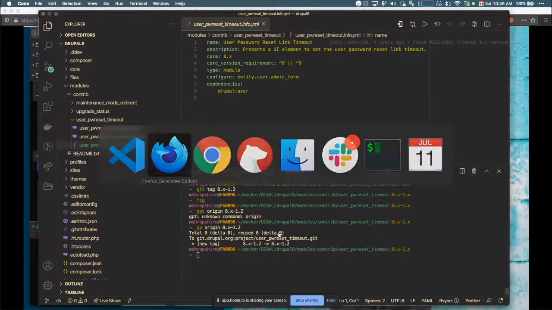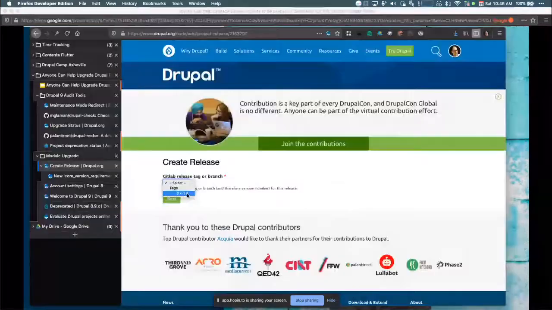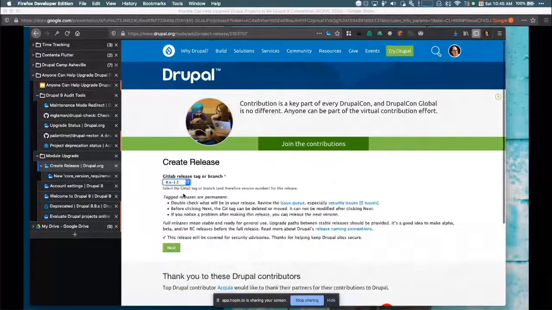So here's how that works. I went to the main page. You can see 8.1.1 is our last one, requires Drupal 8, right? That's going to all change. So we're going to add a new release. And I see 1.2 is available. That's because I pushed the tag up. We all pushed it up. We all worked together on it.